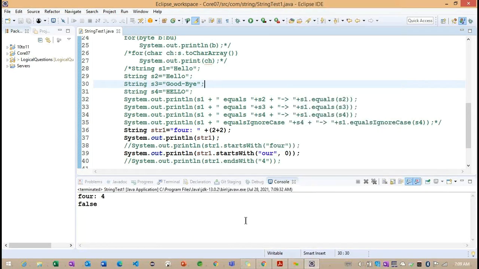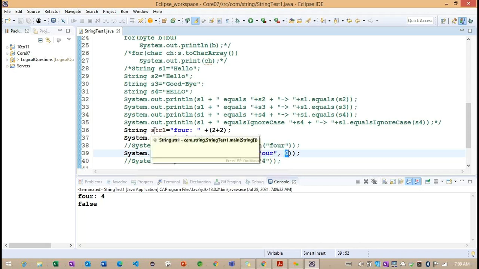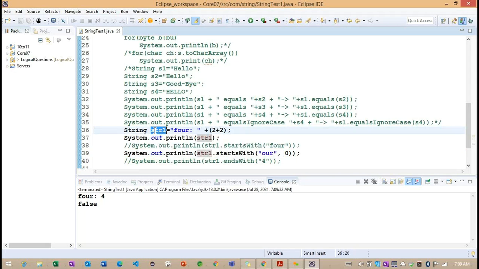Basically, this 0 is going to point to the str1. In the str1, at the 0, we are having f, but